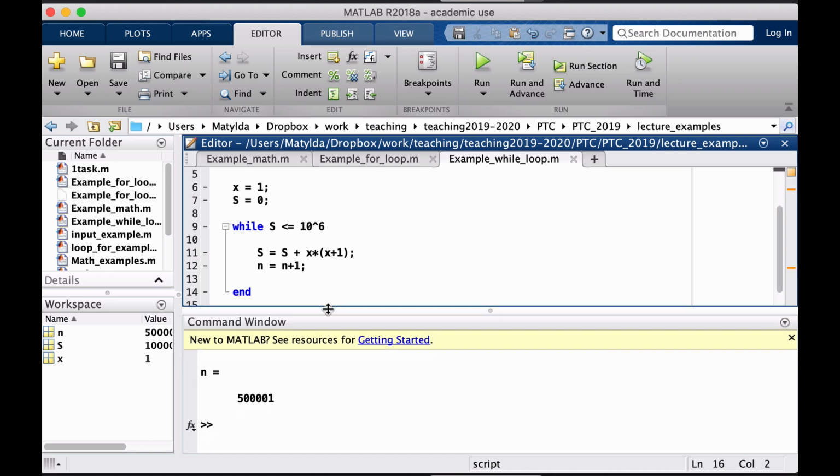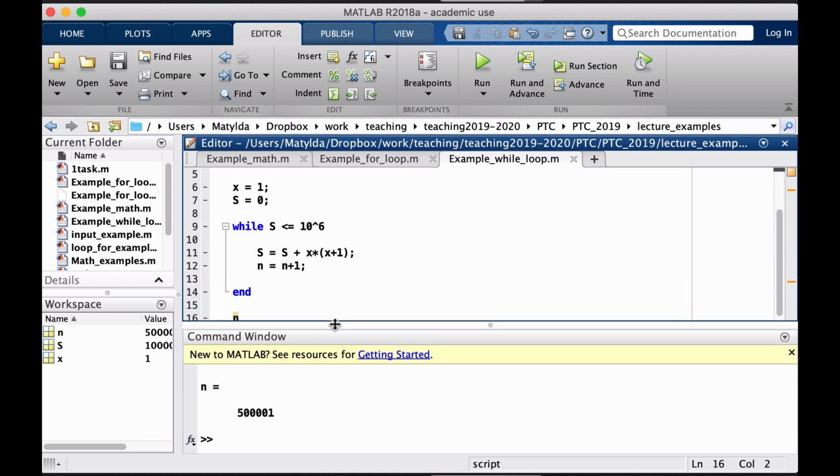So it seems like it's 500,001 exactly. It looks suspiciously big if you think of it, and yes, I just realized the mistake, because now, what is happening, our x here is always using this initial value